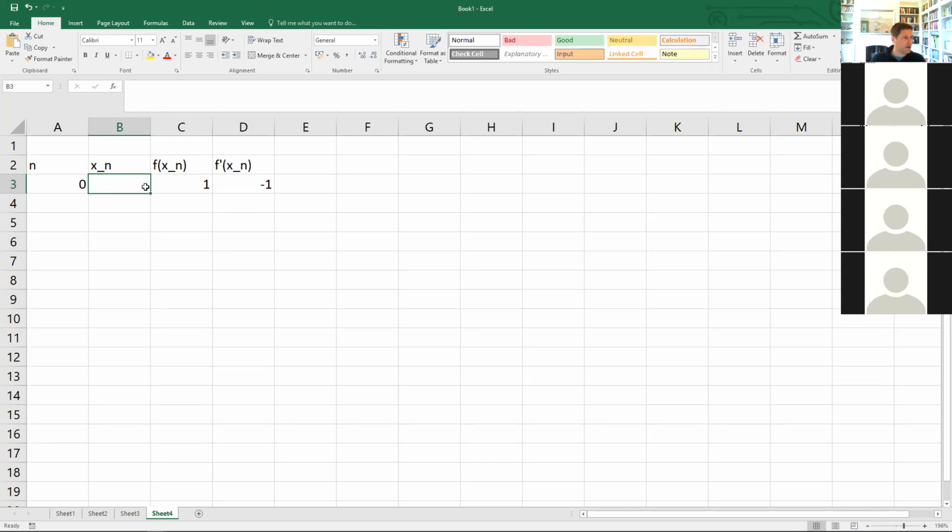So let's pick a value, say 1. Okay, so we've got so far, that's good, but now we need to input the next line, and it's the next line that's going to drive the iteration. So n will increment by 1, so n will be equal to the previous value of n plus 1. And now a new value of xn, so this is now x1, that's going to be equal to the previous value of xn, that one, x0 in that case, minus,